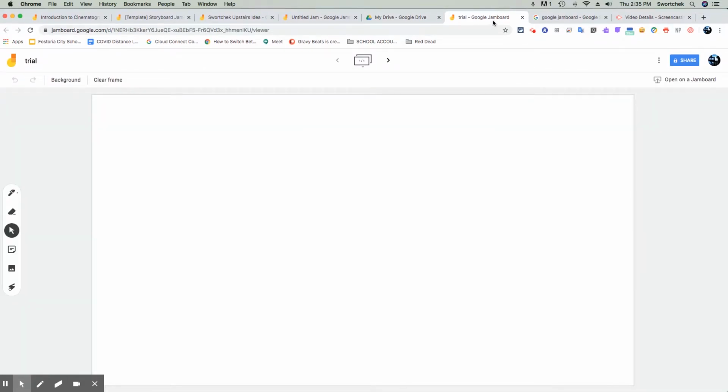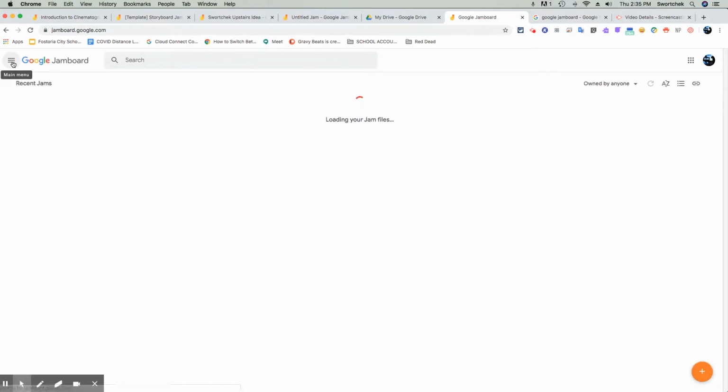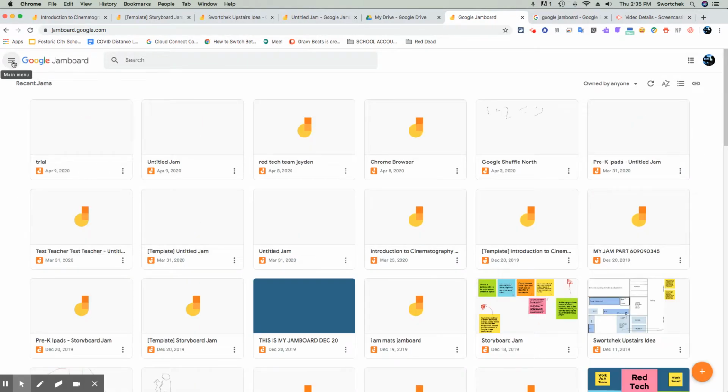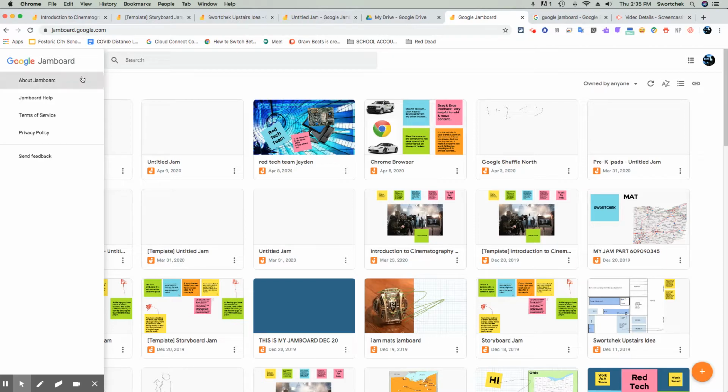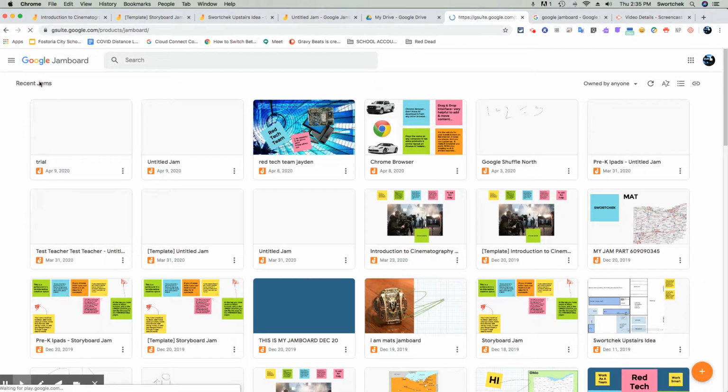So when you're in the Google Jamboard, the first thing you're going to notice is this button here. This button will take you home to jamboard.google.com. So if you hit that, it will take you there. When you're in the home, there are 3 lines. You've got About Jamboard, Jamboard Help. If you hit About Jamboard,